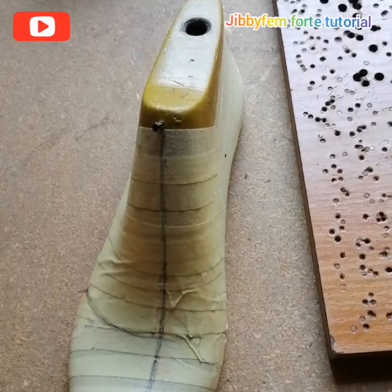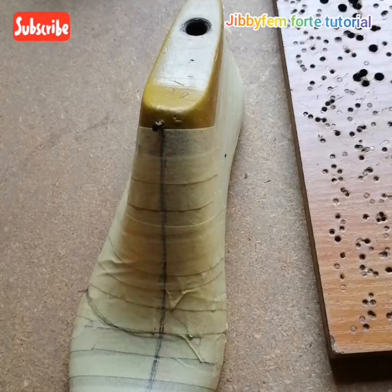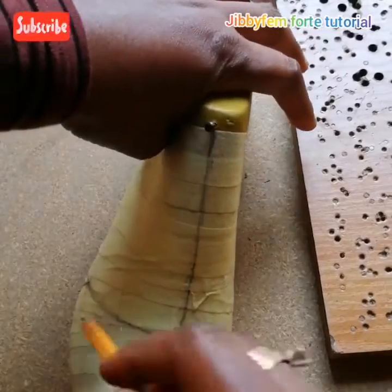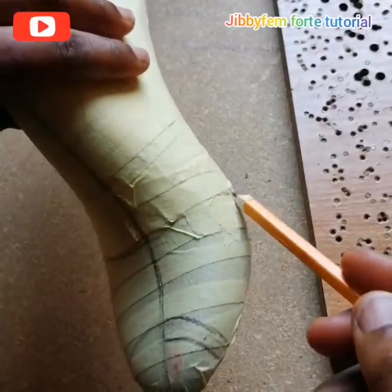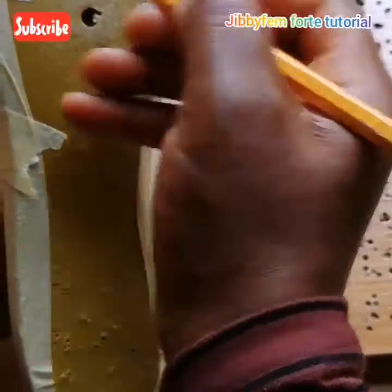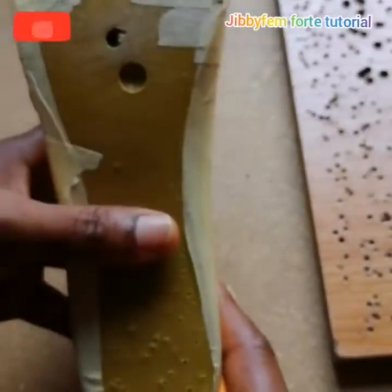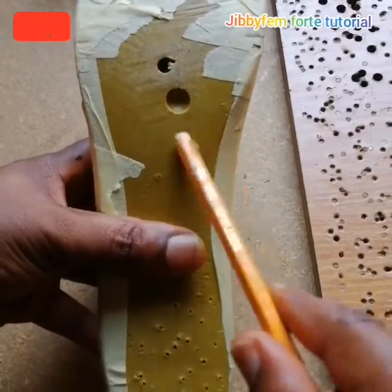I'll try as much as possible to see how we can actually learn that too. But I just want you to know the usefulness of those points. Apart from the fact that this side and this side, you can see it here, there's one here, there's another one here. One of the usefulness of these points, of this joint line, is when you want to place your